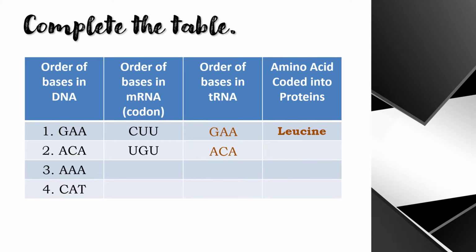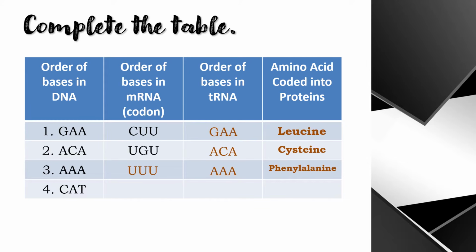And finally, the amino acid coded into protein is cysteine. That's nice! Number 3, we have A. The answer for order of bases in mRNA will be U and U. And finally, for tRNA, A and A. The amino acid is